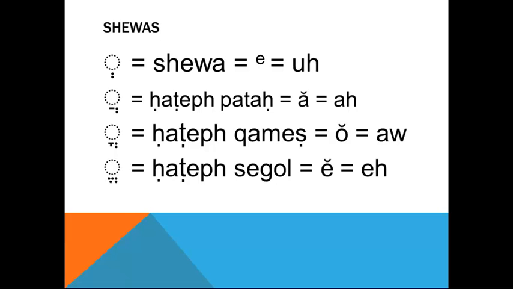We're going to pronounce the first one just like a patak, the second one like a kamates katuf, and the third one like a sagol. We're going to transliterate them with a little short mark over the top. Why do we need these, you might ask? Well,